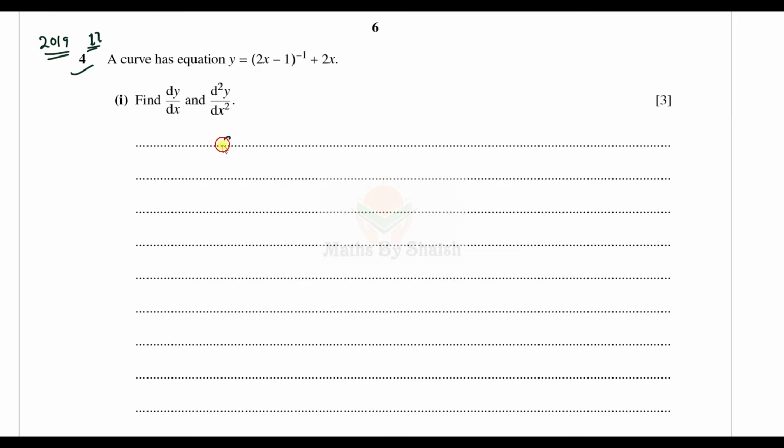So first of all we'll find dy over dx. We can see it is a chain rule, so it is minus 1 times (2x minus 1) to the power minus 1 minus 1, and multiply by the differentiation of this, which is 2, plus 2x. Differentiation of 2x is only 2, and hence it can be written as minus 2 times (2x minus 1) to the power minus 2 plus 2. We can bring it down, so it can be written as minus 2 over (2x minus 1)